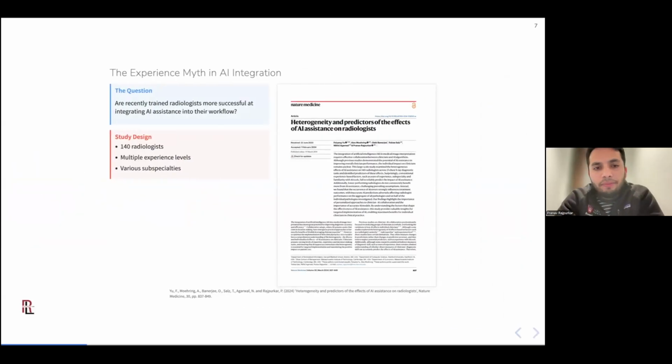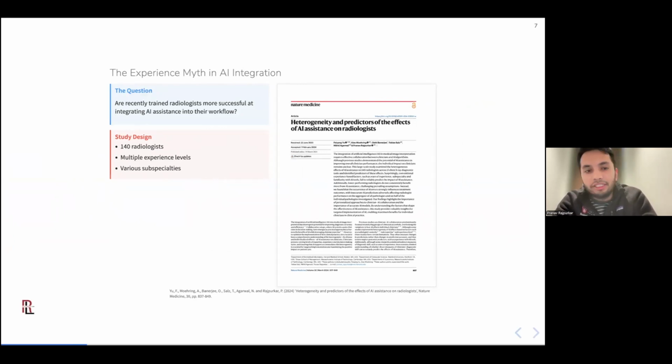There's this myth in AI integration right now that some people are going to benefit more than others, maybe the ones who are more used to technology. Typically, people associate this with being younger in training, being a specialist in whatever specialty is of interest, or having previous experience with AI tools.